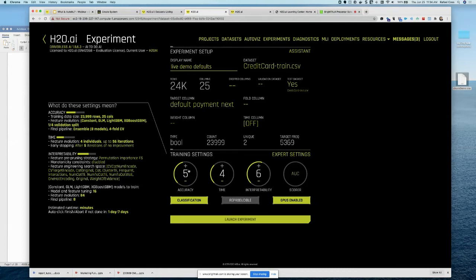And these range from 1 to 10, right? And so I'll quickly talk a little bit about this and run an experiment. So what's happening with accuracy? With accuracy, it's looking at what algorithms you consider. So looking here at a constant, a GLM, a LightGBM, an XGBoost GBM, right? And so it's suggesting these models, again automating a selection of the algorithms, right? And it's also suggesting an ensembling of the 8 top models at the end, right?